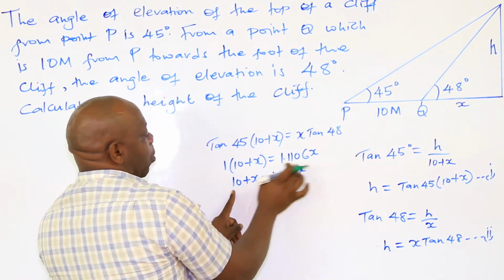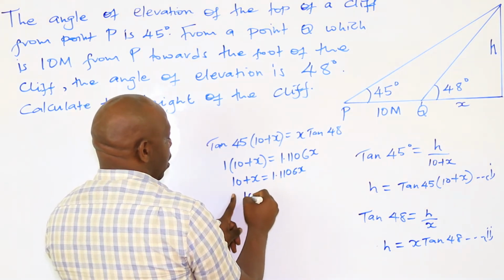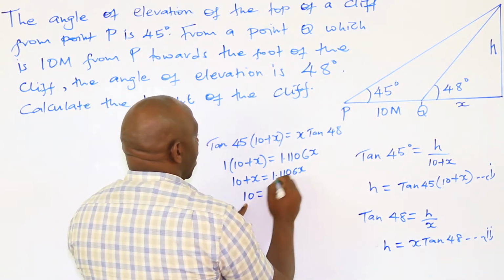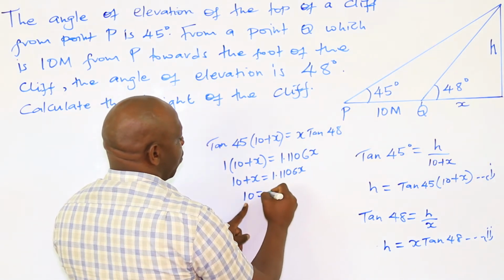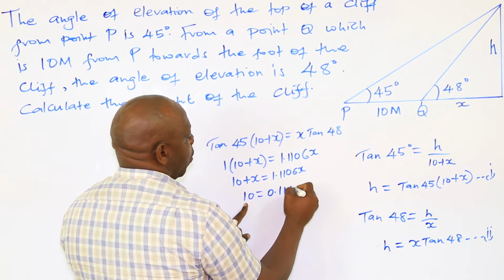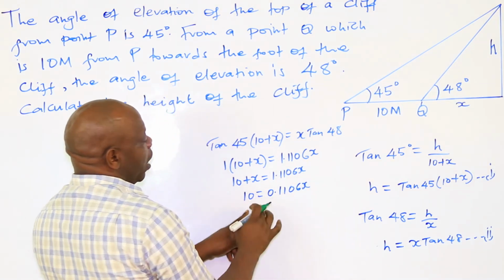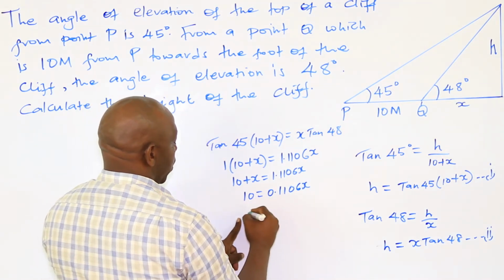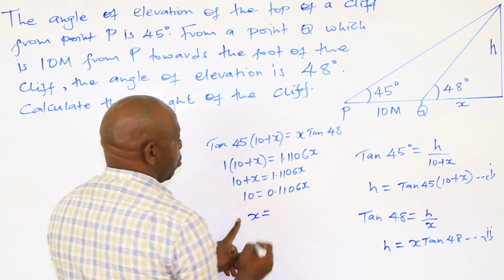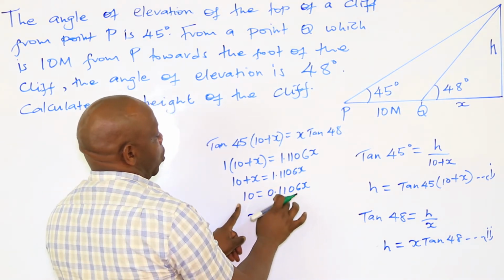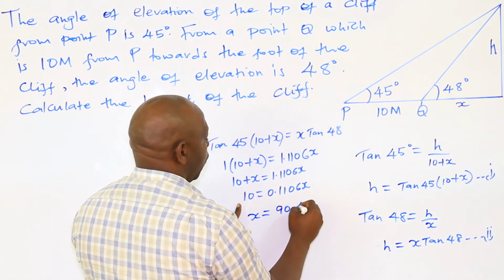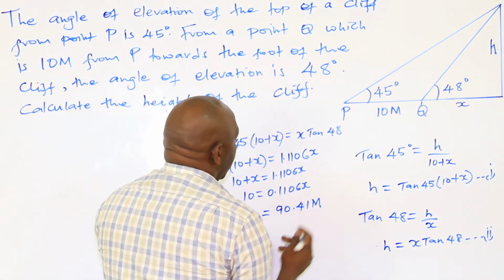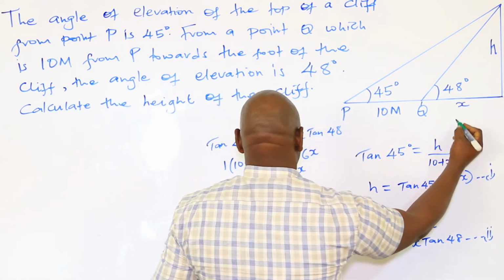If you take this x on this side, you have 10 equals to, you minus because these are plus, so you have 0.1106 x. If you divide through to get x, you get x equals to 10 divided by 0.1106 to give us 90.41 meters. That is x, this one here,